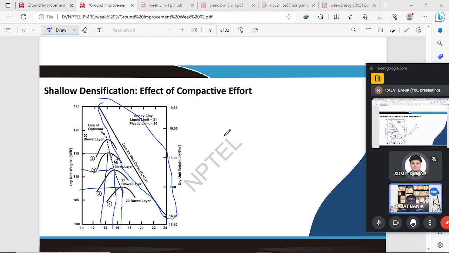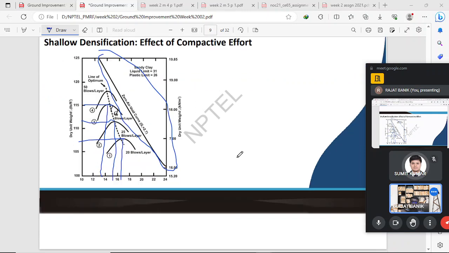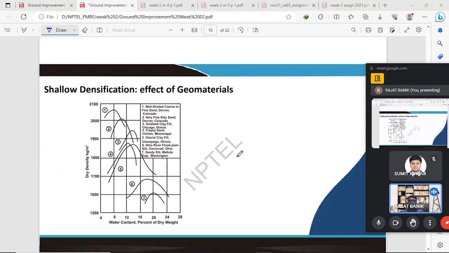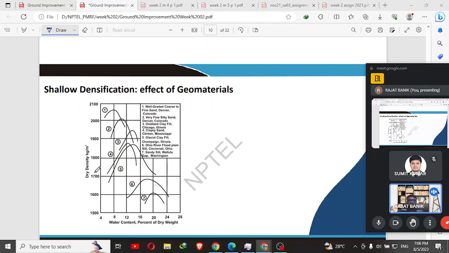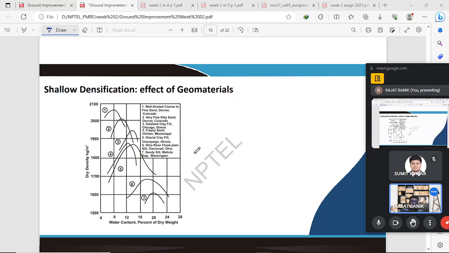Now we are moving forward. We see the compaction curve for different types of geomaterial. What are the effects on the compaction curve for different types of geomaterial? Here we can see the plot of compaction curves, which is density versus water content. At the top, curve one is for well graded coarse to fine sand, and at the bottom, curve seven is for